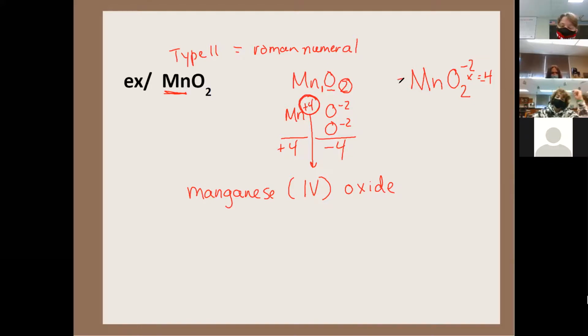I know on the other side then on the metal, there has to be a +4 charge. And again, if we take the subscript, which in this case is 1, and multiply it by our positive charge, which we don't know, 1 times something has to equal +4,